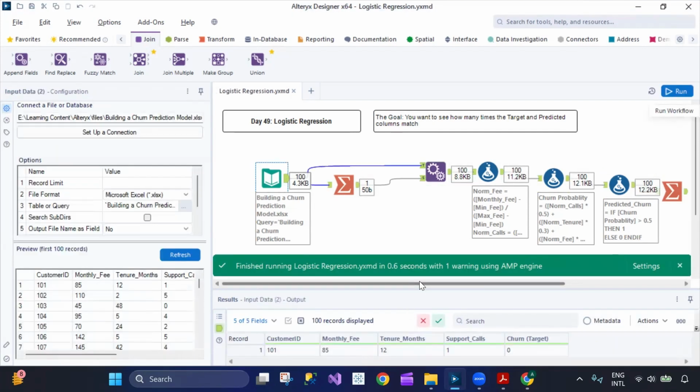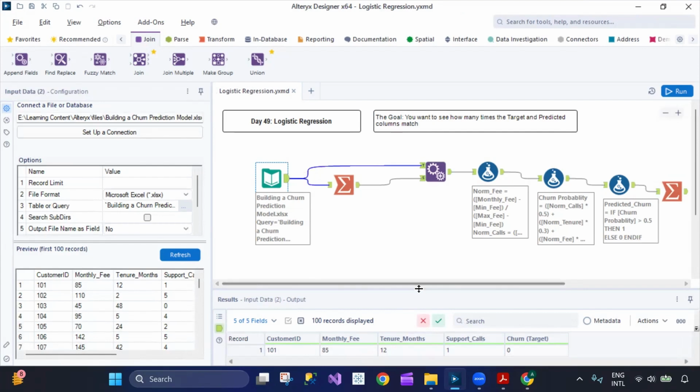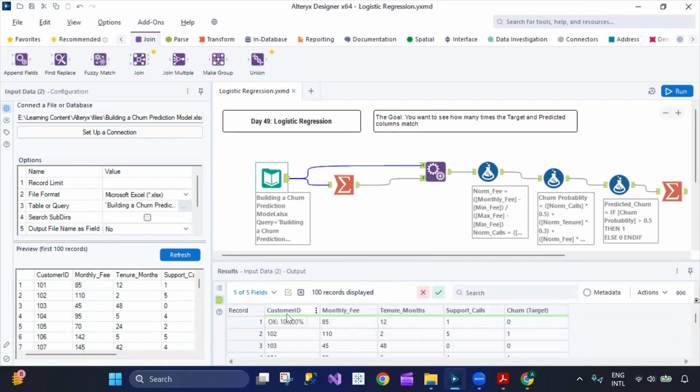This is just getting the data first, which is about 100 records. That's not many records, but you can ingest millions of rows. What kind of data set is it? When we are working with logistic regression, we need to understand what we are trying to understand here: the goal, the support calls and the churn target. Whether this customer will call again or not, how many calls these customers are making, and what the probability is in future. We are setting a target also when working with logistic regression,